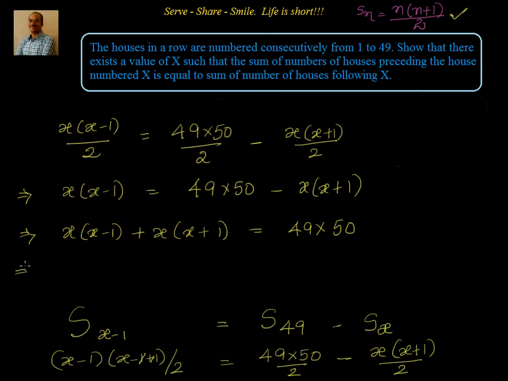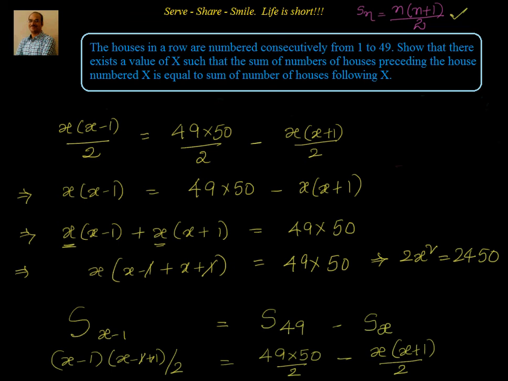So now we see that we can take x common in both of them. So I will have x into x minus 1 plus x plus 1 equal to 49 into 50. We'll simplify that. Minus 1 plus 1 cancels. We have 2x square is equal to